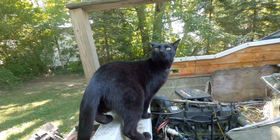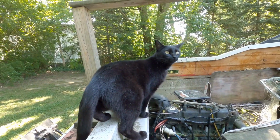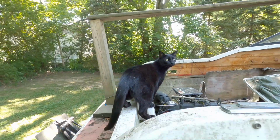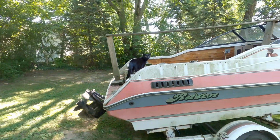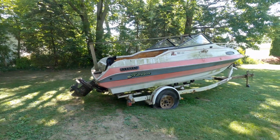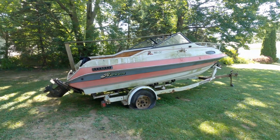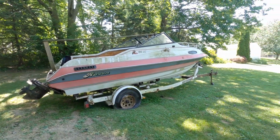What's going on, Zorro? Where did this thing come from? We have a boat in our backyard that the neighbor put here last night. And believe it or not, this is part of a project, because I have an identical boat that's going to